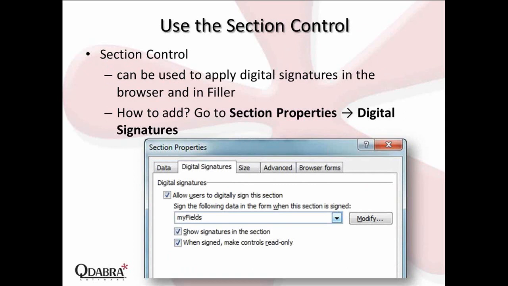Next, how do you apply a digital signature to an InfoPath form? The easiest way is to use a section control. So all the controls that contain the data that you want to be signed, put them in a section and open the section properties and then go to the digital signatures tab. So this is where you will check allow users to digitally sign this section, and you will